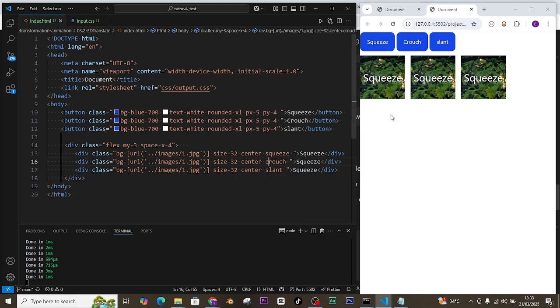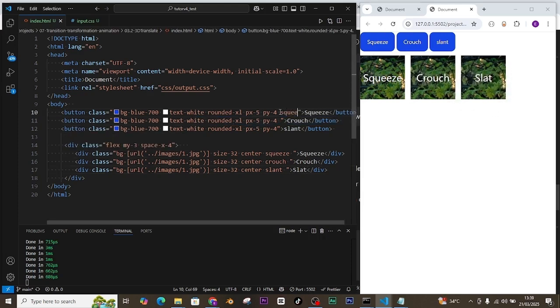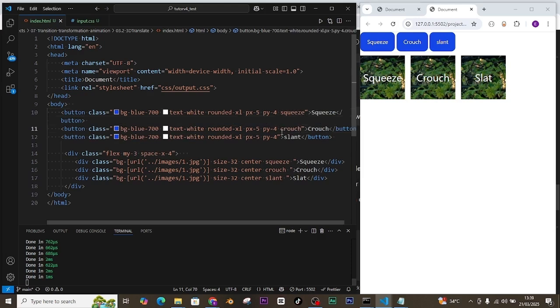And now if you put your mouse on squeeze, you see it squeezes, and the second is crouch, and the third is slant. The second one crouches, and then the third one slants. Okay, I'm going to put all that also here. Squeeze, crouch, and